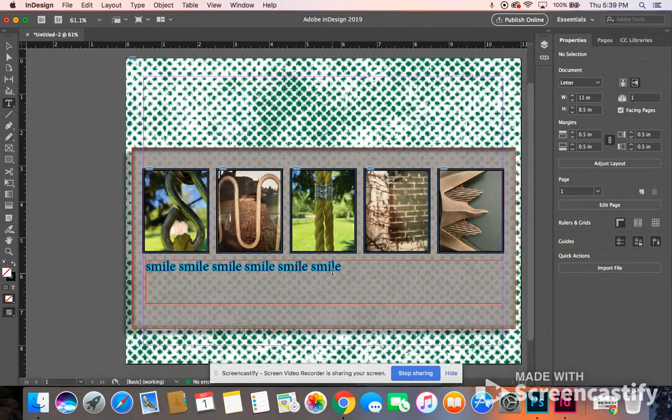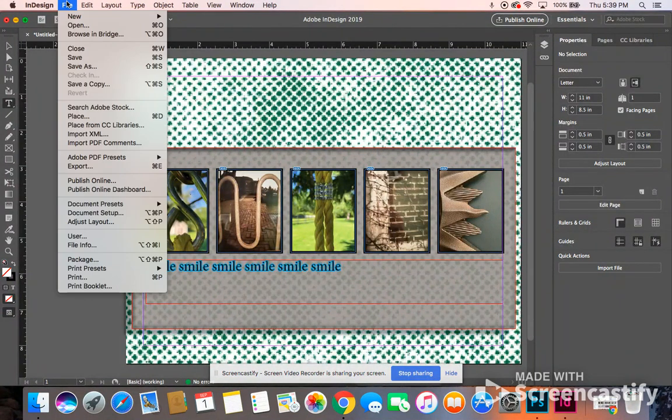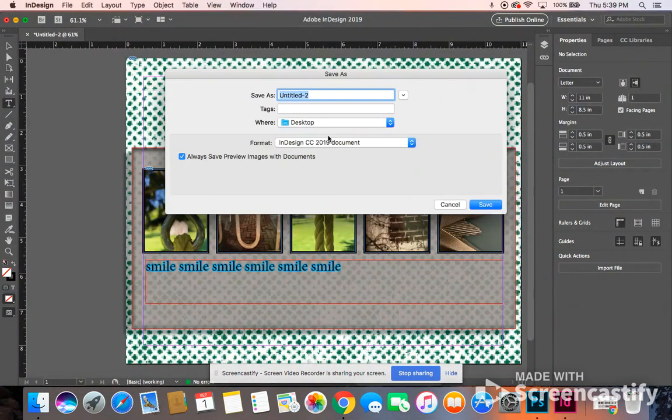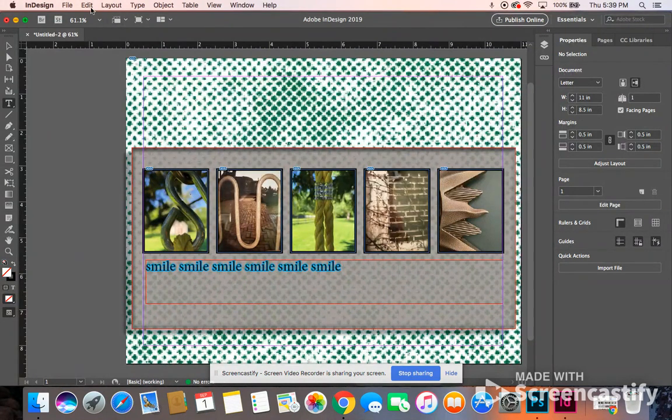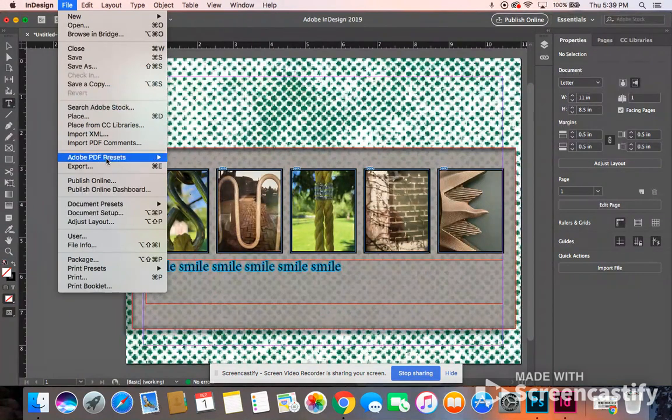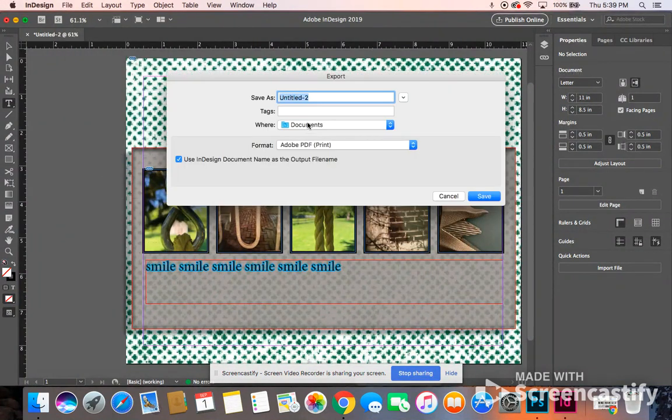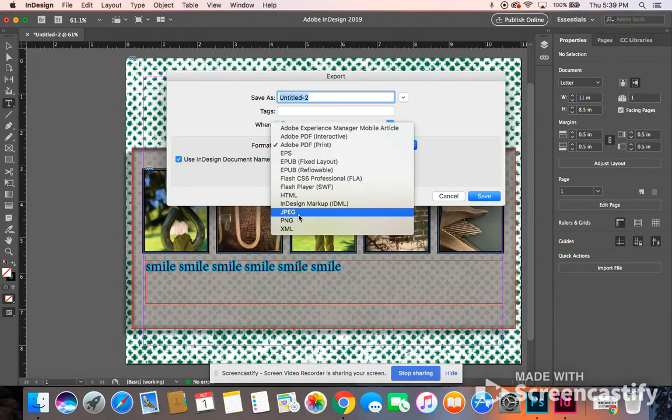And then when you're finished, save it first of all as an InDesign file so you can come back and edit. And then also save it as a JPEG to turn in and submit as your finished practice image. So to do that, you're going to go to File, Save As, and then you can adjust the file name, where you want it saved, and then hit Save. That will save it as your InDesign file. I'm going to go up to File and then Export, and this will allow me to save it as a JPEG. So this is different from Photoshop, where you do have